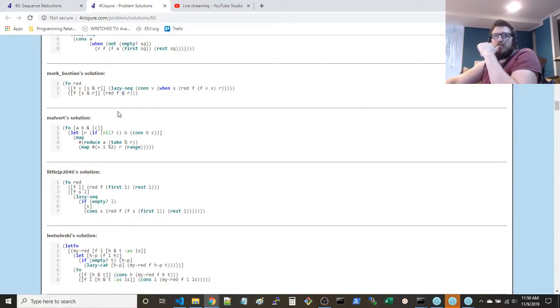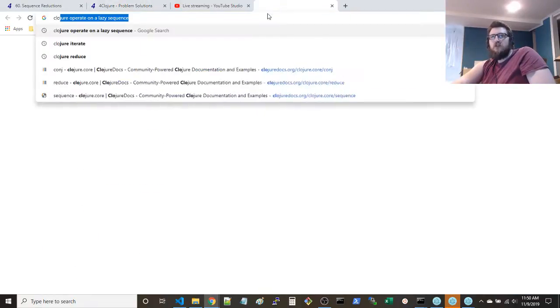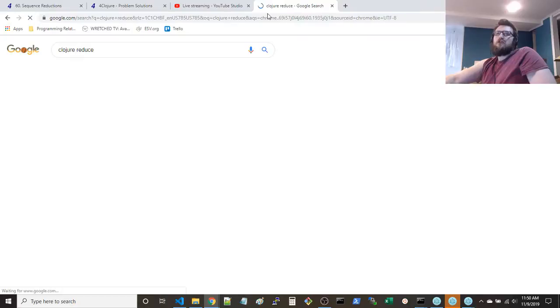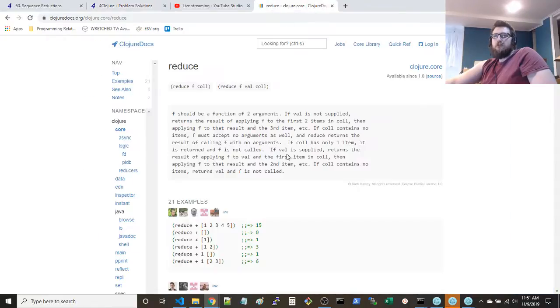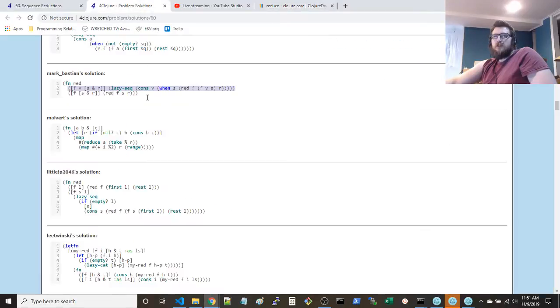The problem here though is this isn't supposed to be S. This is supposed to be the function when you call it the first time. So let me show you what reduce does. Technically wrong though, what he did here, not quite meeting the expectations for the definition of the function. I'll explain in a second.